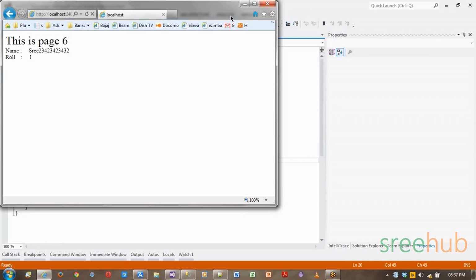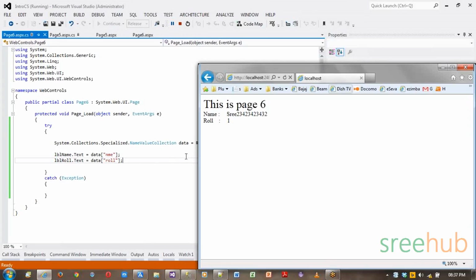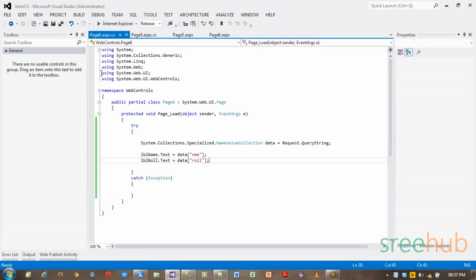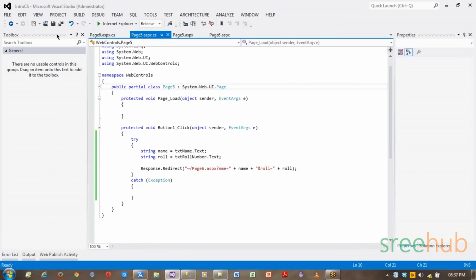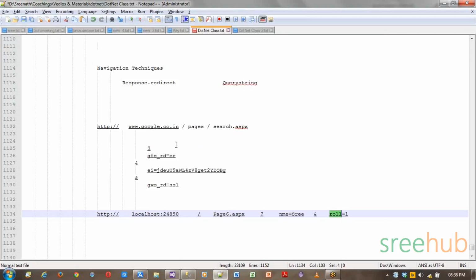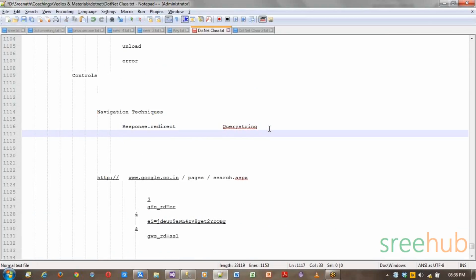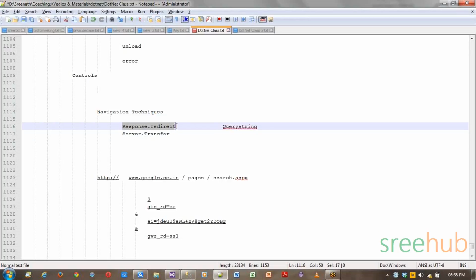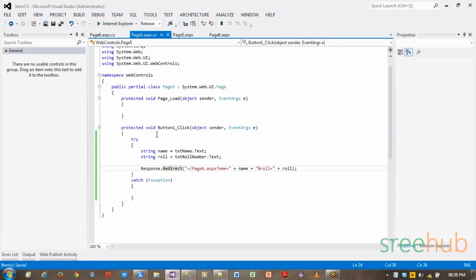Now this is how you can navigate from one page to another page, and you can actually transfer data from one page to another page. So this is something where we are using response.redirect. Right? Now this is the first technique. Now you have a second technique called server.transfer. So the main working model of response.redirect is, we are actually using this response.redirect in a button click,